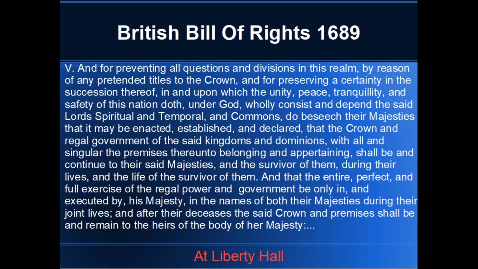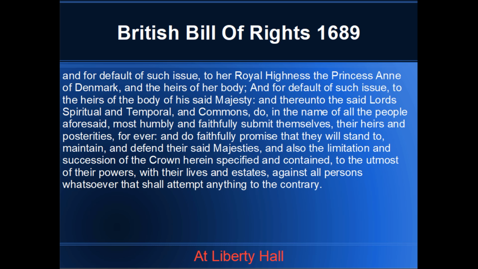the survivor of them, during their lives, and the life of the survivor of them, and that the entire, perfect, and full exercise of the regal power and government be only in and executed by His Majesty, in the names of both their majesties during their joint lives, and after their deceases, the said crown and premises shall be and remain to the heirs of the body of Her Majesty, and for default of such issue, to Her Royal Highness the Princess Anne of Denmark, and the heirs of her body, and for default of such issue, to the heirs